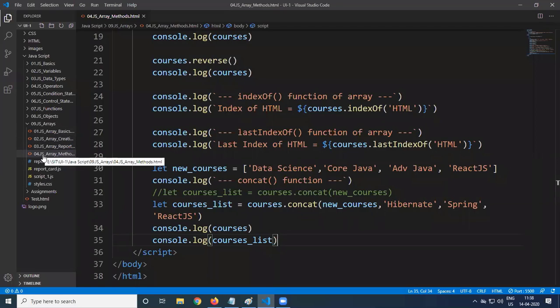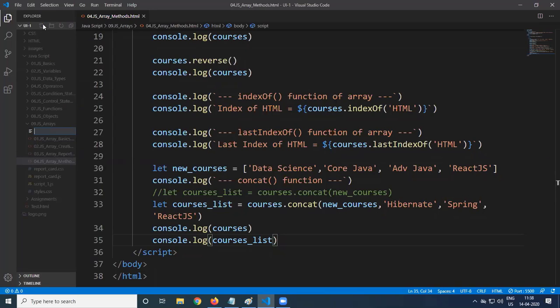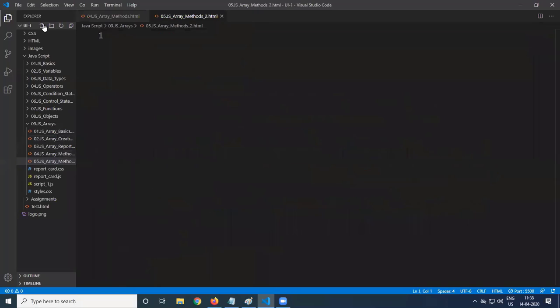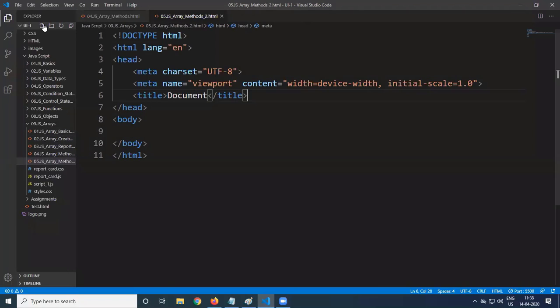We have the next program as JS Array Methods 1. So 5th program, 05 JS underscore array underscore methods underscore 2.html. So JS underscore array underscore methods 2.html. Array methods, next part. JS array methods.